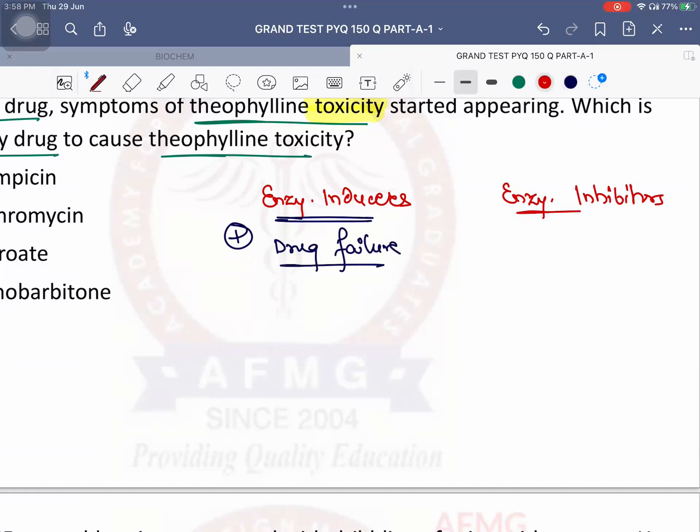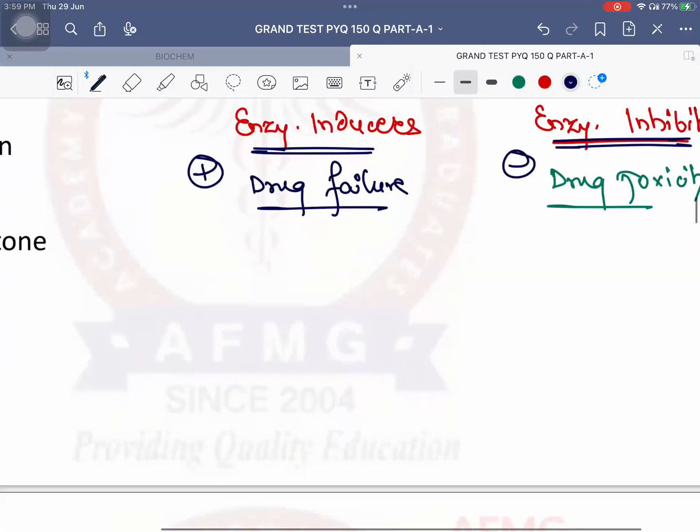Whereas if we are giving an enzyme inhibitor, definitely the enzymes are inhibited. As the enzymes are inhibited, will the drug be metabolized now? No. It will stay in the body for a longer duration of time, and that will cause drug toxicity. So enzyme inhibitors are known to cause drug toxicity. Quickly tell me, enzyme inducers can be remembered with the mnemonic